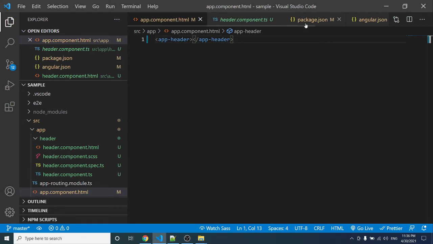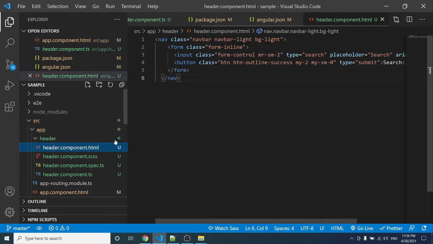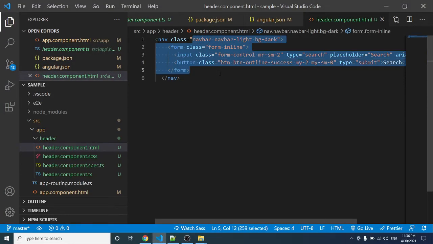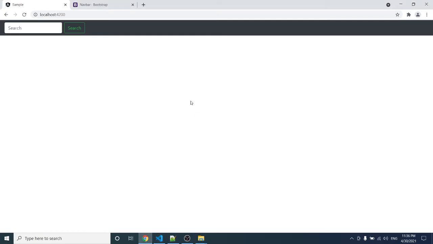Here you can see we got the navbar, but it is not visible. Let's add some dark color to the navbar. So here bg-light is the Bootstrap class. We can change it to bg-dark, so that we get the black color. Here you can see we successfully added the navbar and we have changed the class to bg-dark. So all these are the Bootstrap classes we can access.